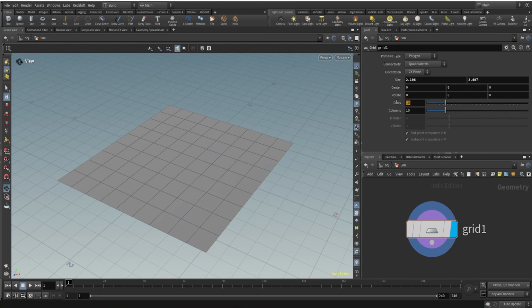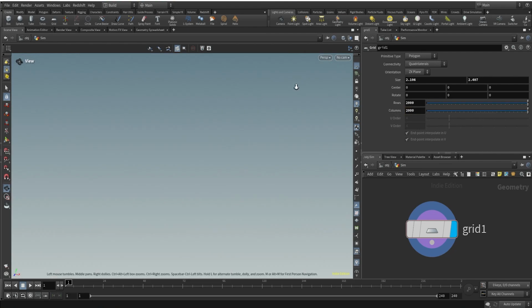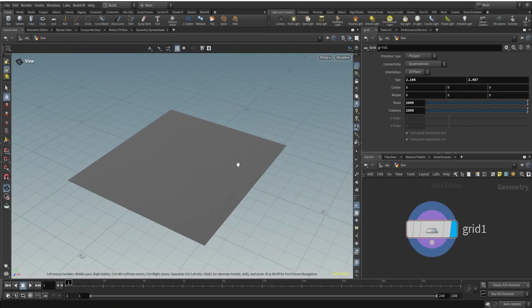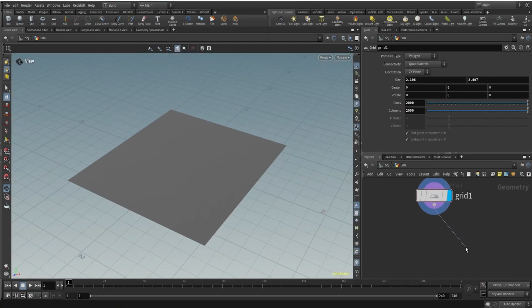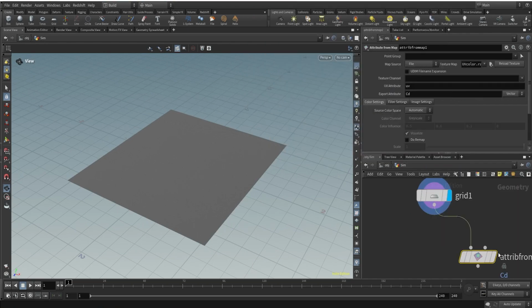Okay. And I'll change the rows here to 2000 and columns here to 2000. So we have a lot of points here, a lot of geometry. If I zoom in, you can see you have a lot of points here. We are doing that for our attribute from map so that we can get the proper image projected